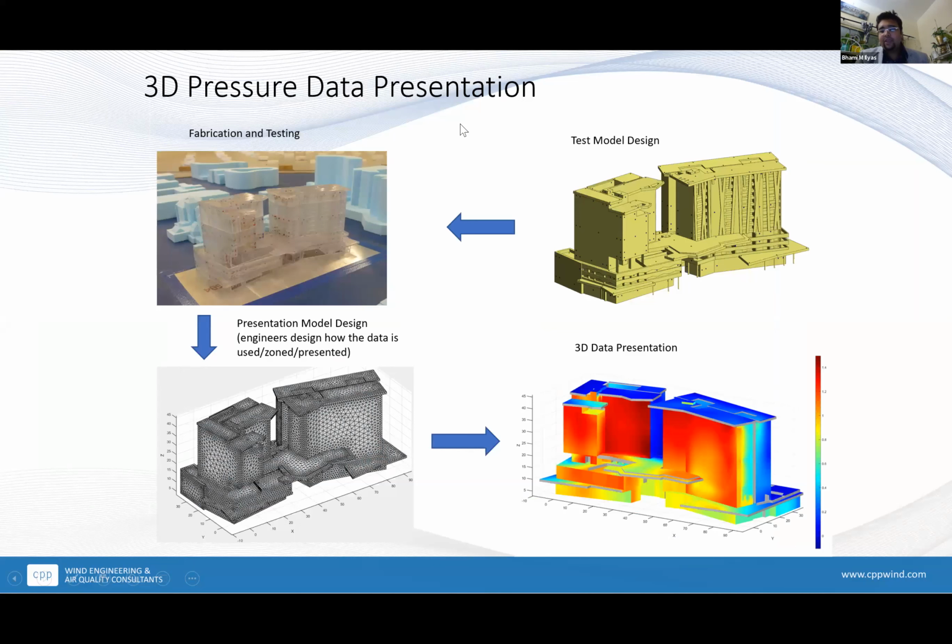Typically we get the Revit model from the architect, and we process it with sensors where it's aerodynamically required, and in the format required. We 3D print them, or we use something called a stereolithography machine, and once we have hosted them and tested them in the wind tunnel, we bring them back with the data. What we have to bear in mind is that something else is also happening at the same time. We are taking all this information, testing, getting the CPs and the data out of it, and at the same time we have to add in the wind climate data. How is the wind behaving in a particular location, a particular city? These are historical records of that place that we get from